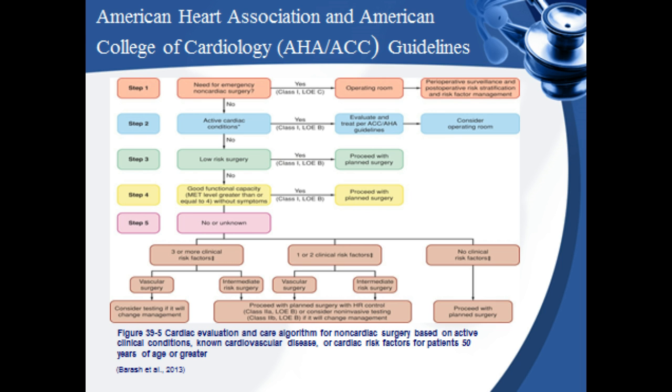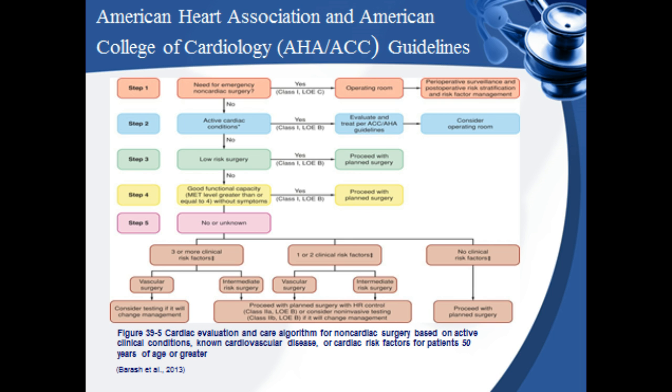Next, under Step 3, if they don't have active cardiac conditions and they're low-risk surgery, then you'll proceed with surgery. If they're not low-risk surgery, but they have greater than 4 METs, then you'll proceed with the surgery. If they don't have greater than 4 METs, or you're not sure if they do, you look at